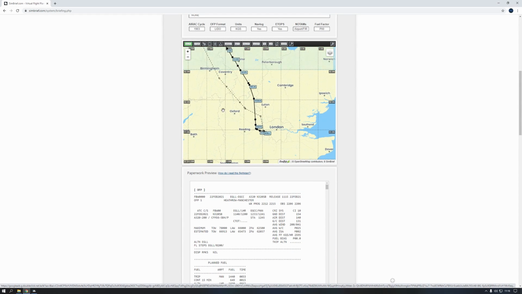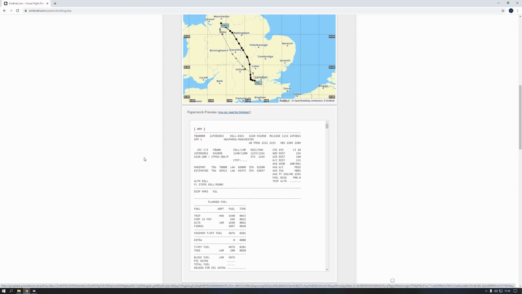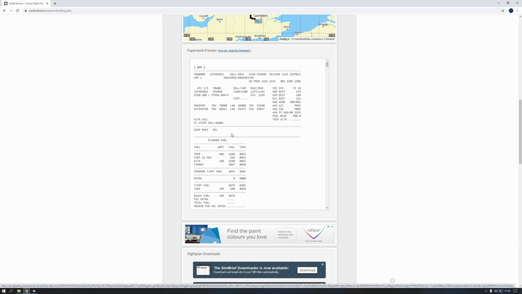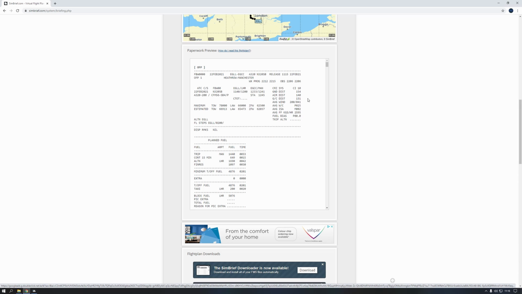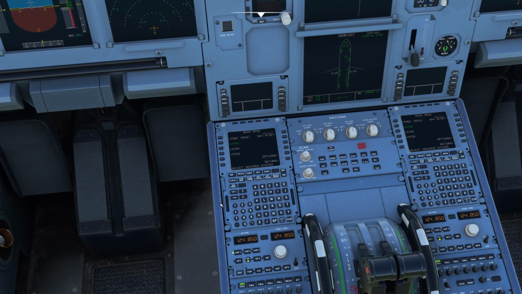So you can see the flight plan is in there. Alright, and this is some information you're going to need here. I'll show you which information you'll need as we get through it. You probably recognise some of it, such as block fuel from the last part of the tutorial. Okay, so now we have the OFP generated. All we're going to do is go back to Flight Sim, and we're going to do the